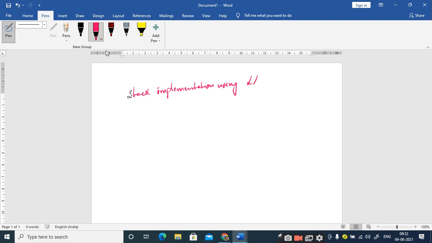Using linked list. So what is the other name for the stack? How can we call it as stack? Last in, first out. Last in, first out. So the implementation of stack using linked list means whatever node you have inserted as the last node, it's not